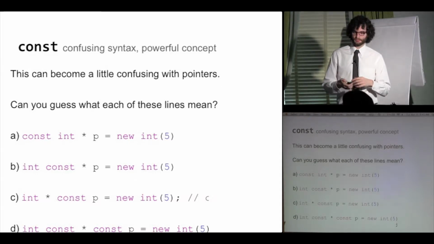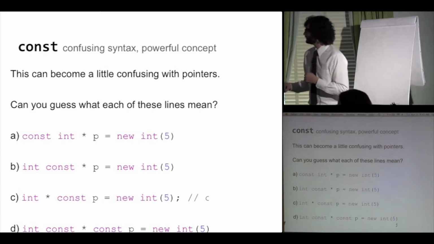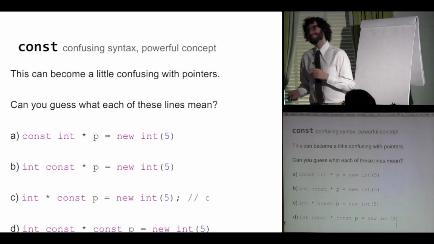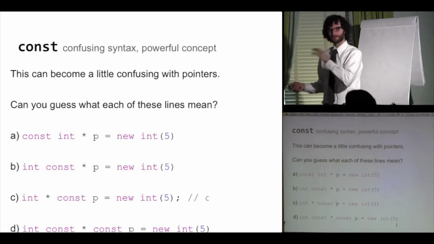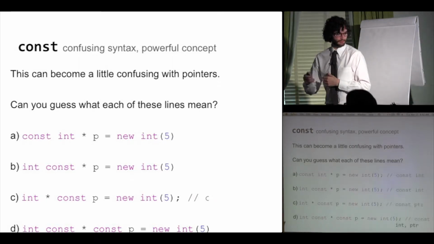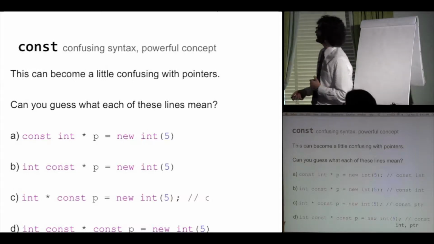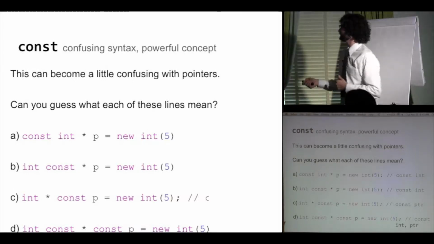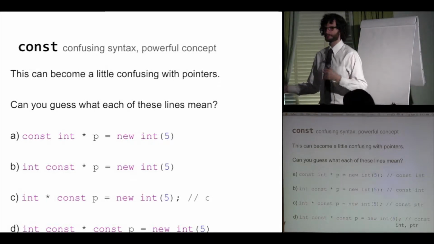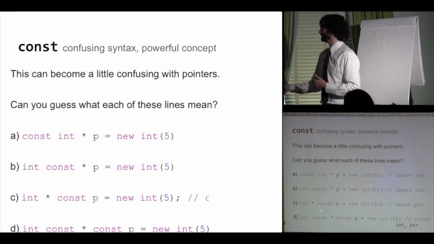Oh, I thought the first two memory addresses. No, that's the tricky thing. So that's why I wanted to go over this, because this is kind of confusing. Okay, so this is the syntax for a const pointer, and you can take it further,